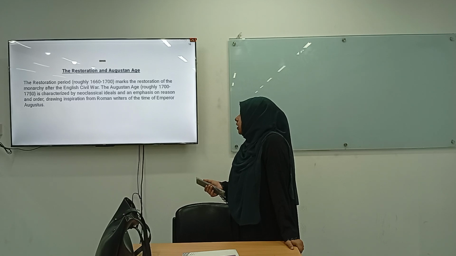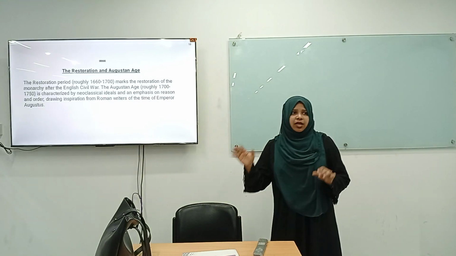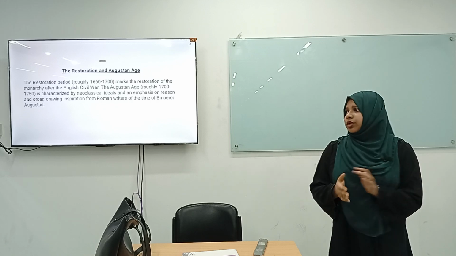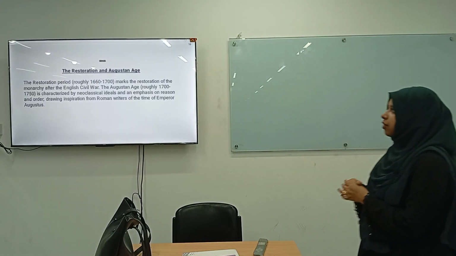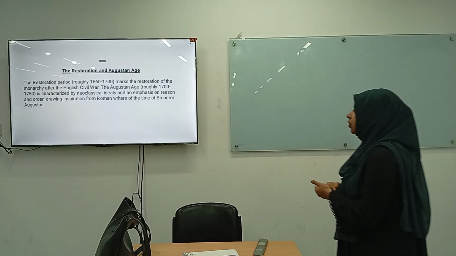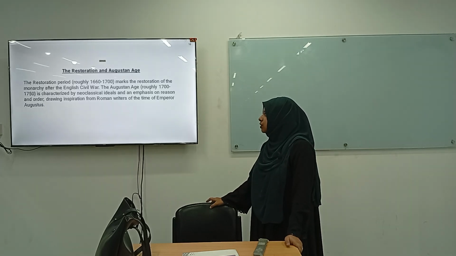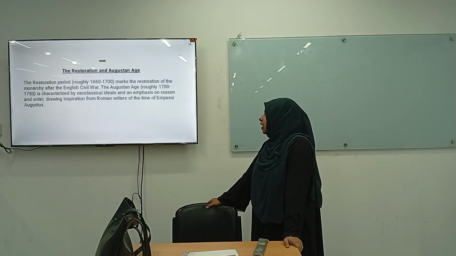Okay, the Restoration and Augustan age, literally these two literary eras cover the 17th and 18th century. Okay, so the Restoration period started from 1660 to 70. It marks the restoration of the monarchy after the English Civil War, and the Augustan age, roughly 1700 to 1750, is characterized by neoclassical ideas and an emphasis on reason and order, drawing inspiration from Roman writers of the time of